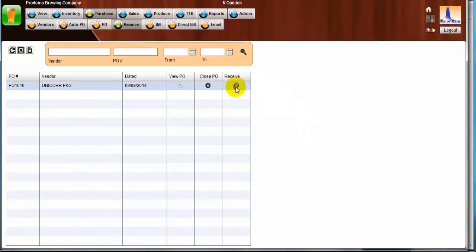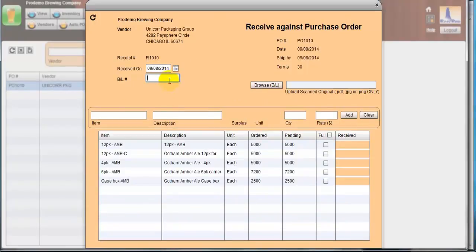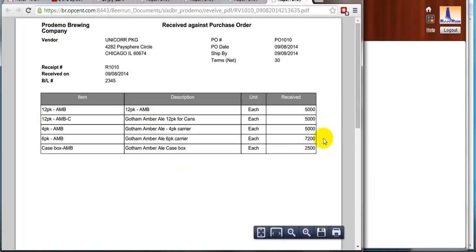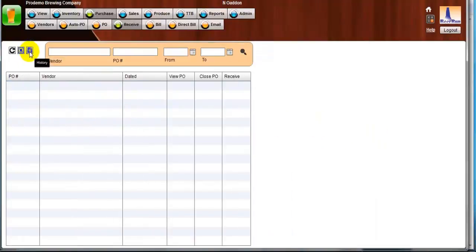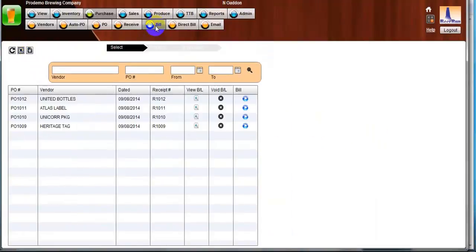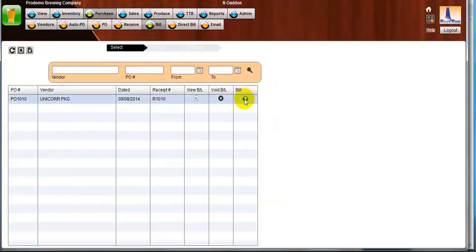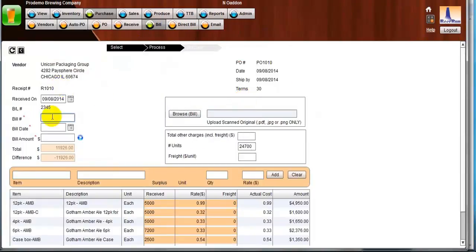And here we are at the last one. So I'm going to receive it and save. And go back, nothing pending, and I'm now going to process all the bills. Again, pause, and I'm again at the last one where I'm going to process the bill, enter the bill number,